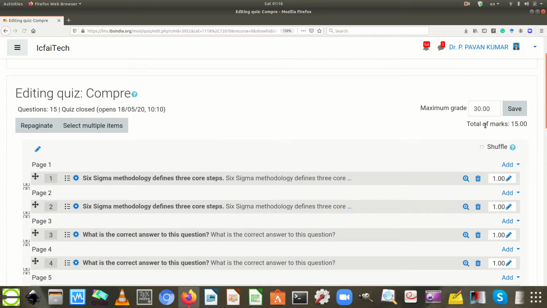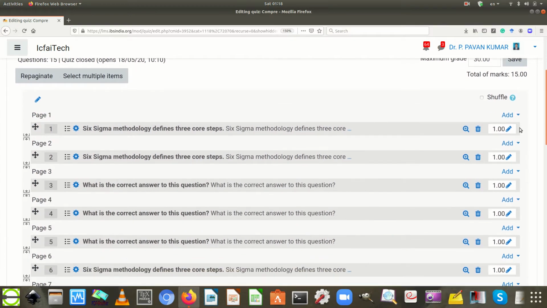But the total of marks is still 15 because when we go to a particular question 1, that question weightage is only 1 mark. When we want to change the weightage of that particular question, choose the pen icon in that marks tab. Then LMS allows you to edit the weightage of that particular question.